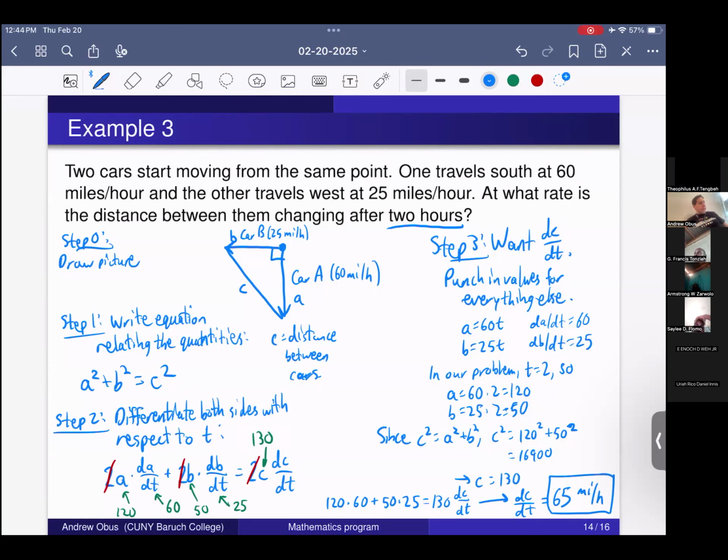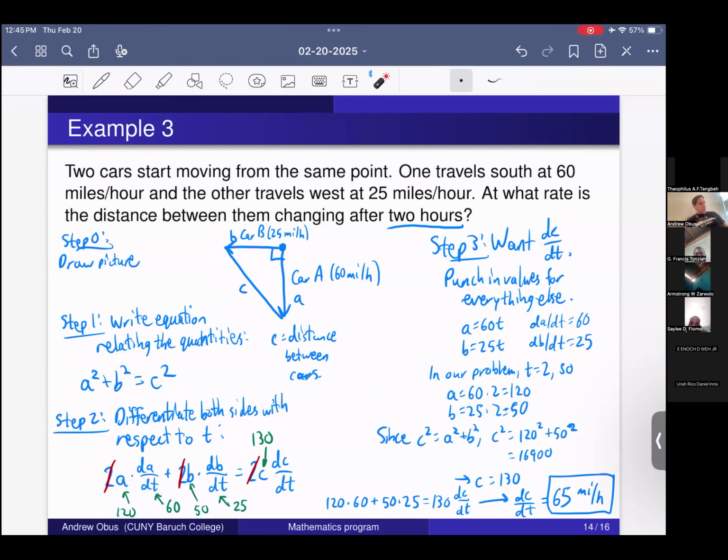So again, it's the same setup as all of these related rates. You draw a picture if the picture is helpful. Then you write an equation relating the quantities. You differentiate both sides with respect to t. This is where the real work is. This is where you're actually getting these related rates, where you're showing how the rate of change of one quantity is related to the rate of change of the other quantities. And then you find what is the thing that you're actually solving for, and can you then punch in values